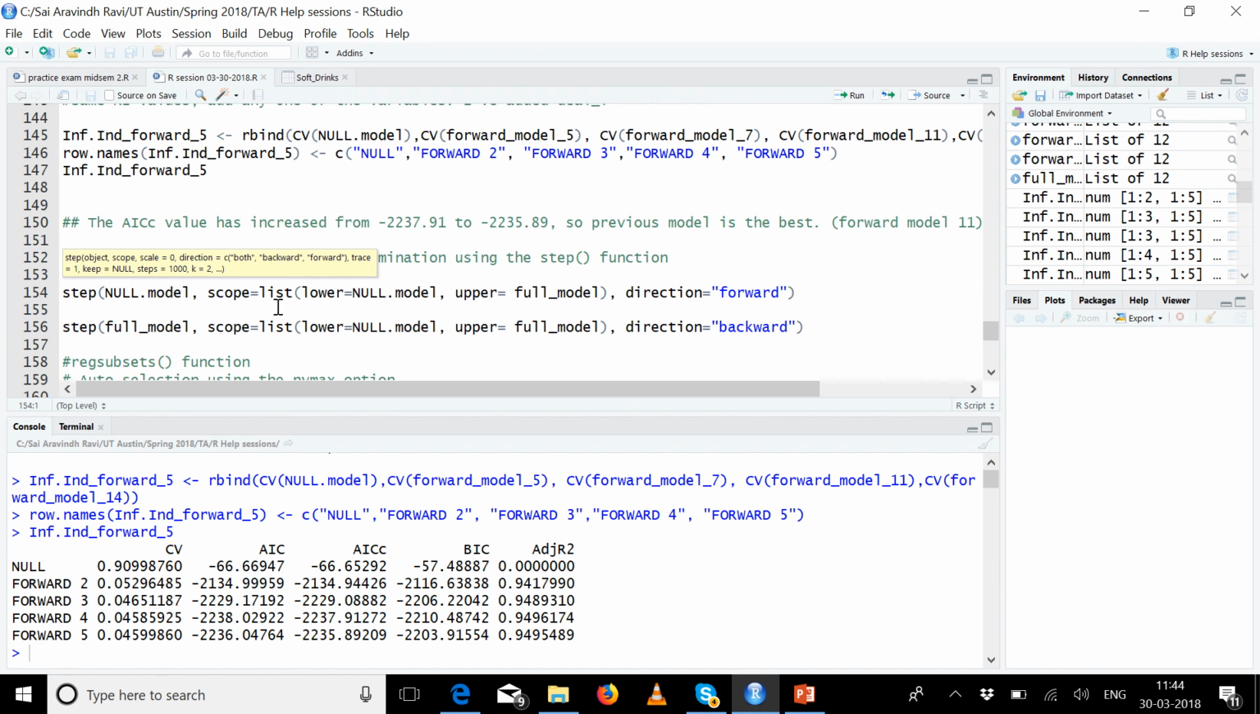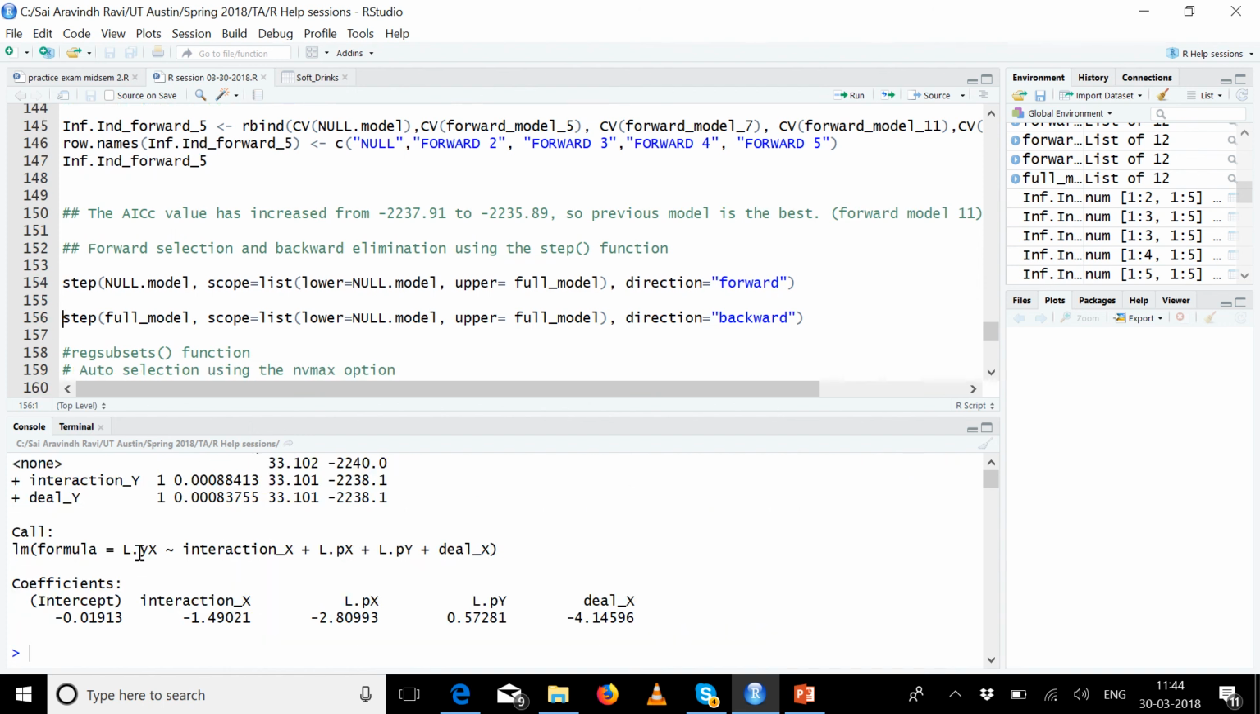I'm going to be performing it in two ways, right? In the forward direction and the backward direction. These two statements are all you need to do. You start with a null model for your forward, and the scope is a list of a lower and upper model. The scope clause will take care of all models from your null model to your full model. It will iterate everything by itself. So lower is the null model and upper is the full model. Direction is forward. So I ended up with the same